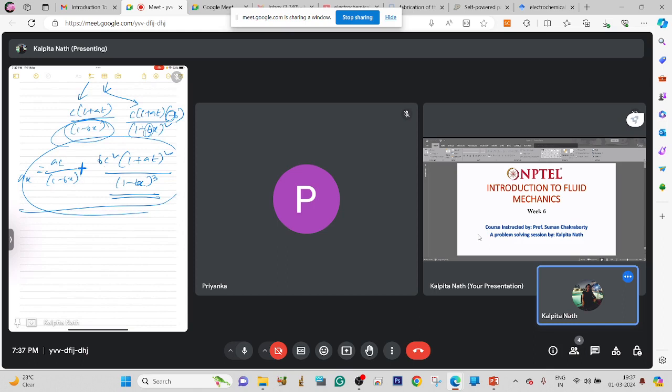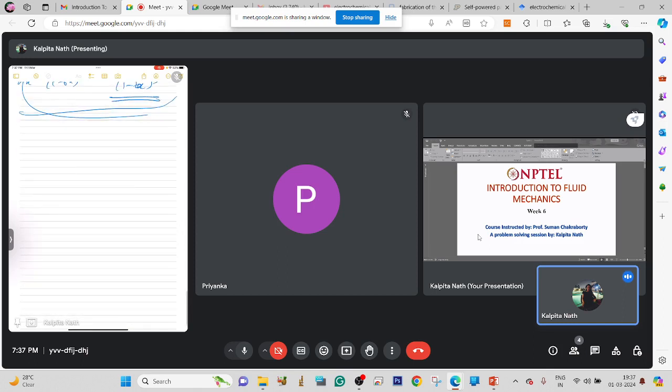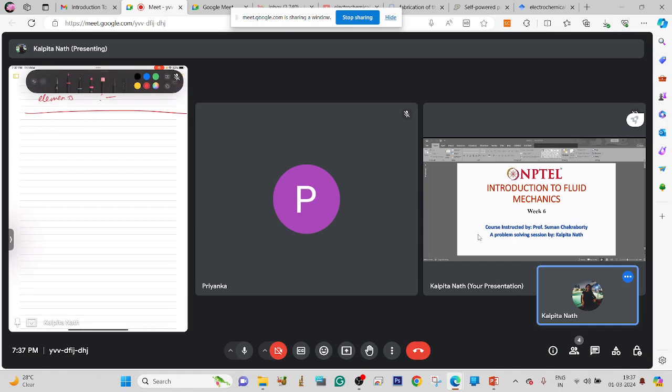And next, we'll move forward to the topic of angular deformation of fluid elements. So, if we consider this to be a fluid element,